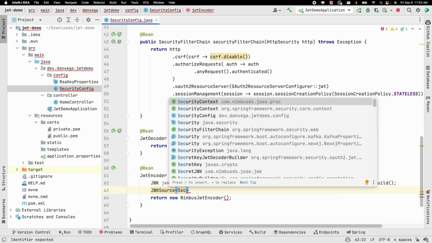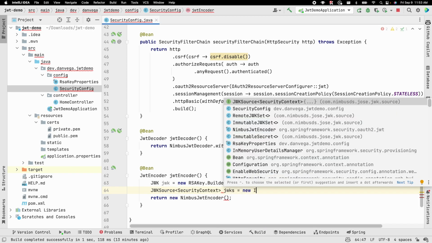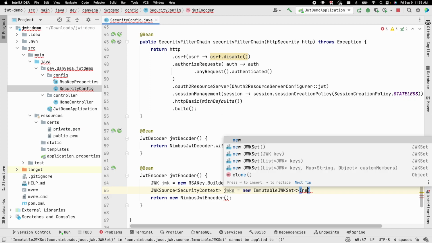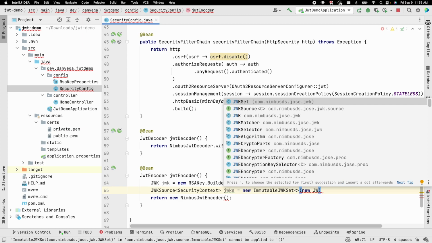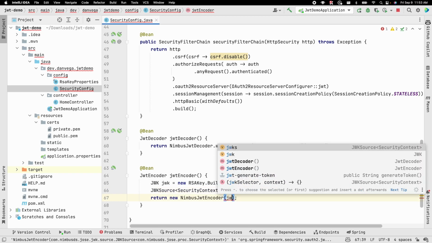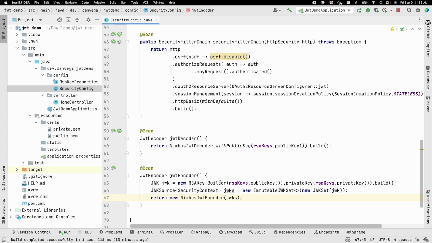This is security context. And we'll call this JWKS. And we're going to use the immutable JWK set, which is going to take a JWK set, and we can just pass in that JWK we defined above. So with JWKS, we can pass this in as an argument, and that should give us everything we need to create an encoder. So we could create a controller now, and we can use this encoder directly in say, our